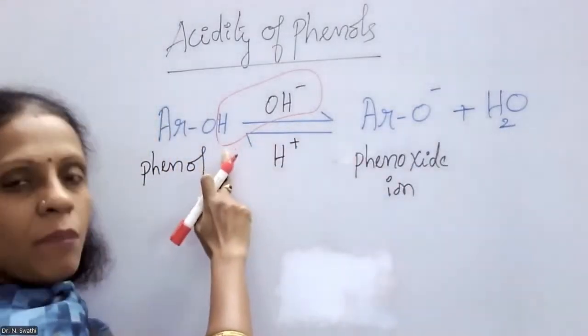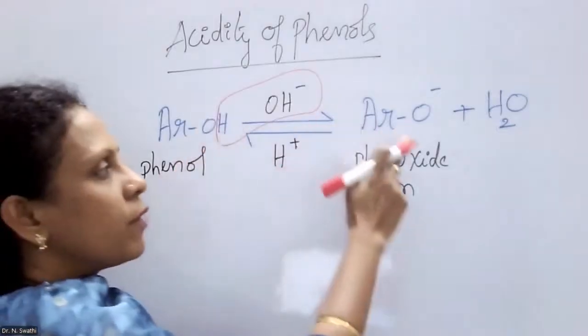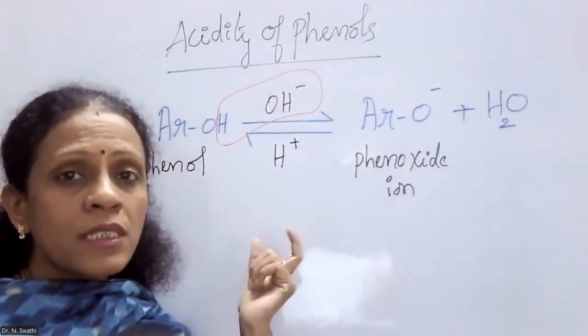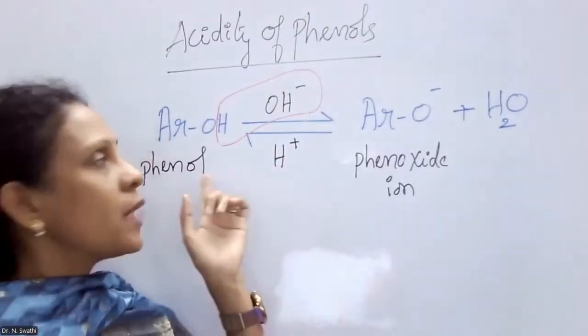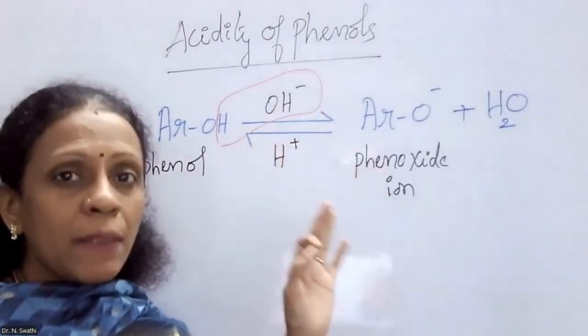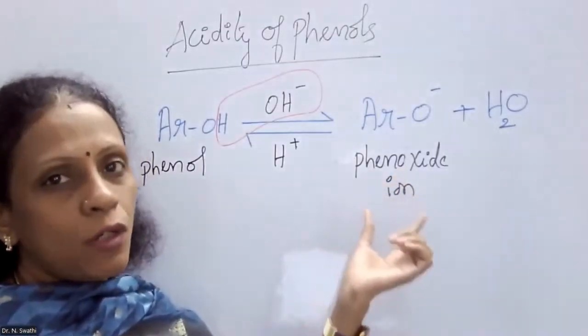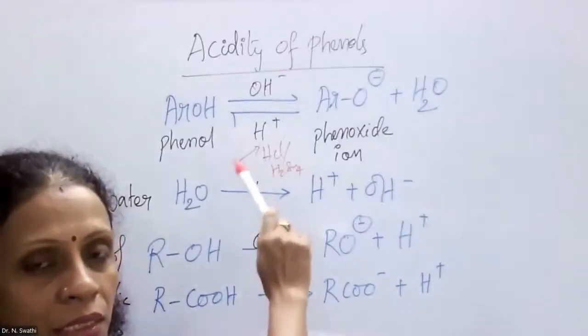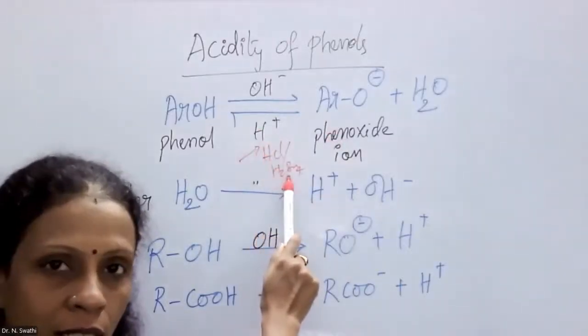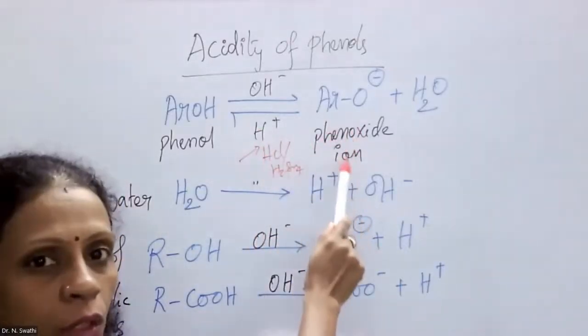Upon losing this proton by the action of base, phenol gets converted to the corresponding phenoxide ion. So here, the acidity of phenols is measured not only in terms of their ability to lose their protons in the presence of aqueous alkalis, but also it depends on the stability of the resulting phenoxide ion. But this is a reversible reaction. So in the presence of mineral acids such as hydrochloric acid or sulfuric acid, the formed phenoxide ions will